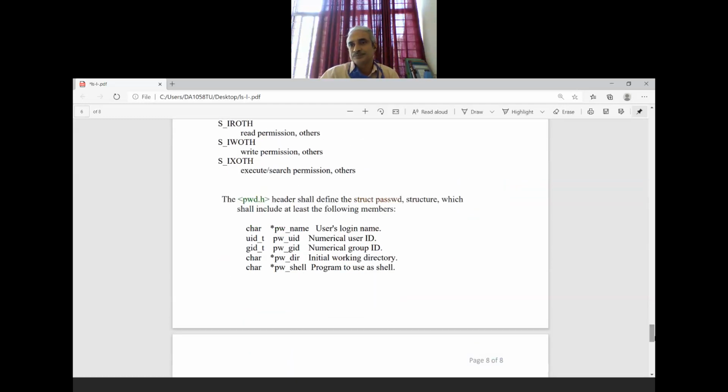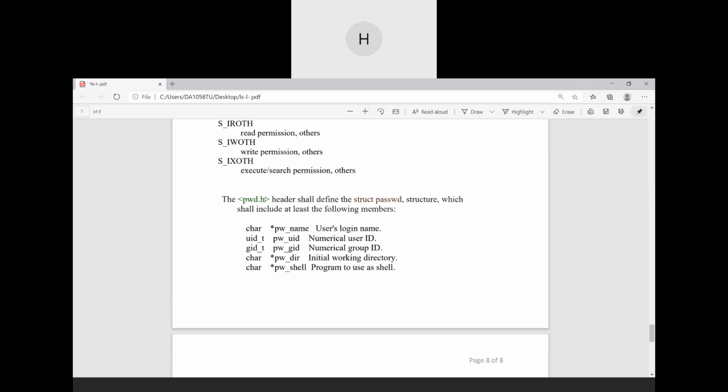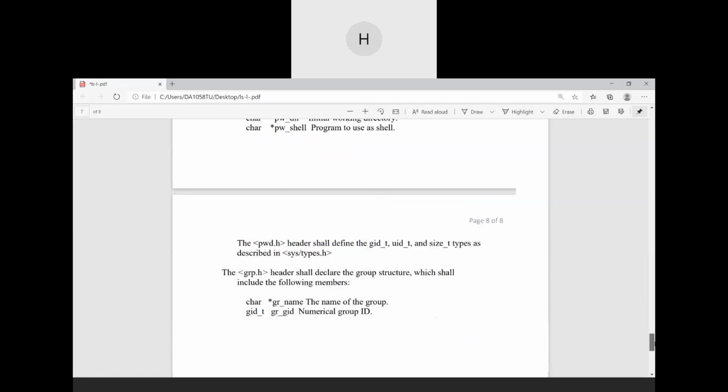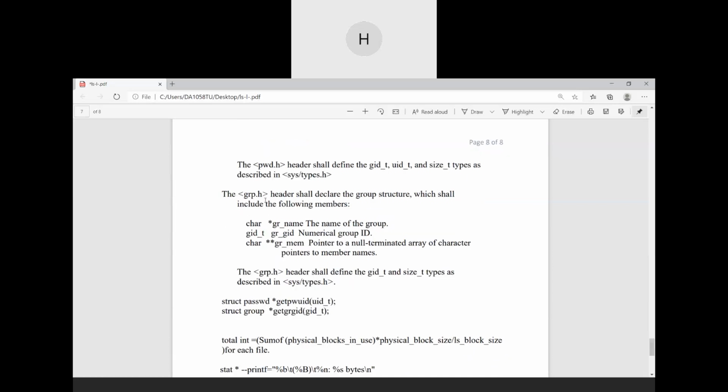So the pwd.h header file defines all these members. We need the user's login name, so we are using the pwd.h header file. And the grp.h header file is also being used here as we need the name of the group.